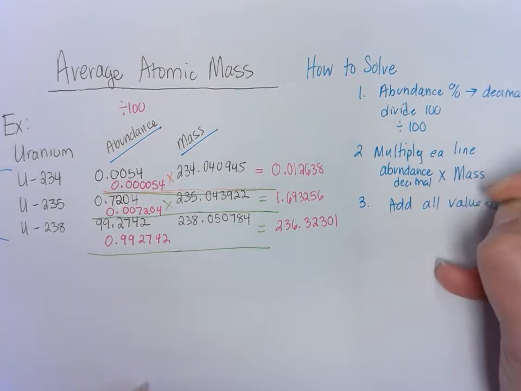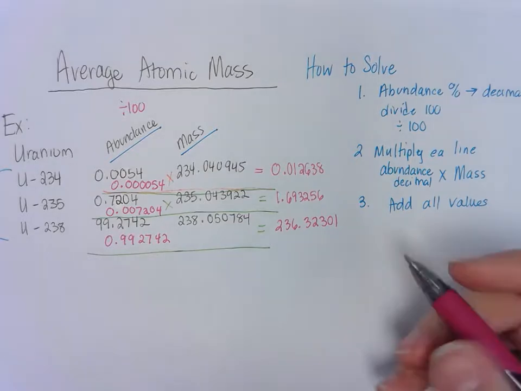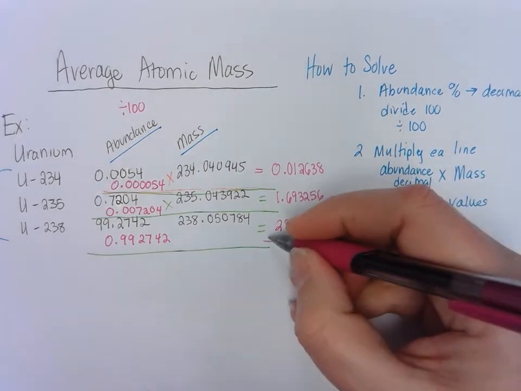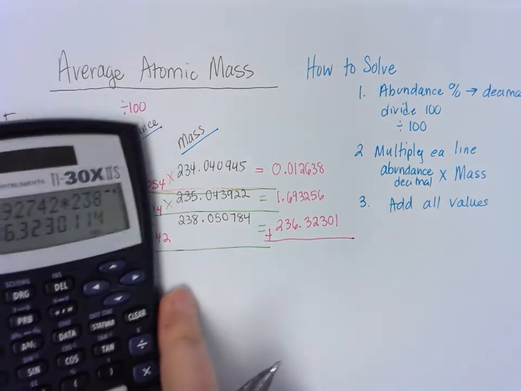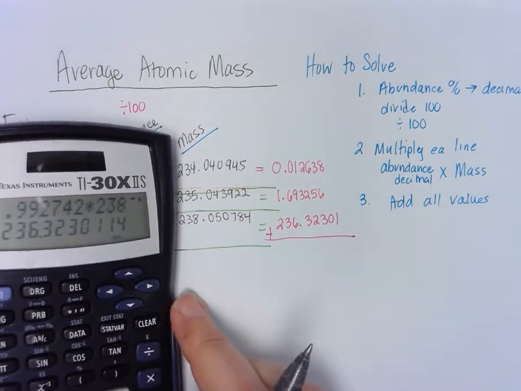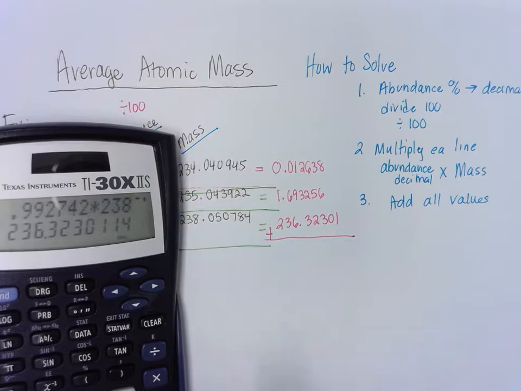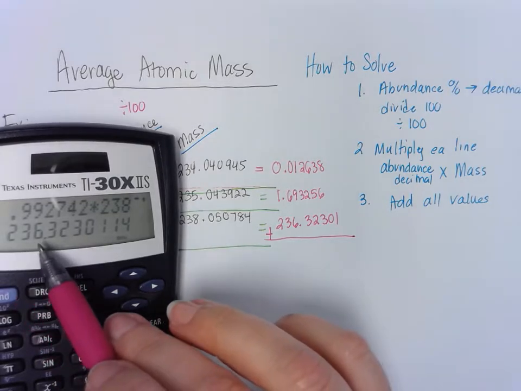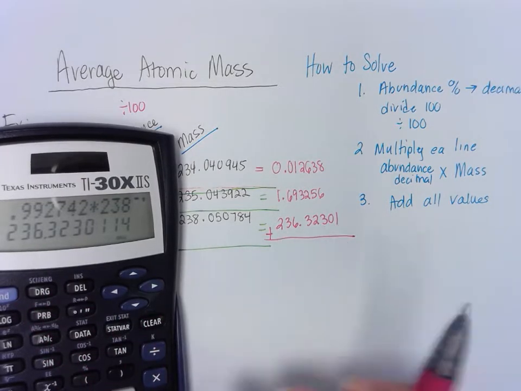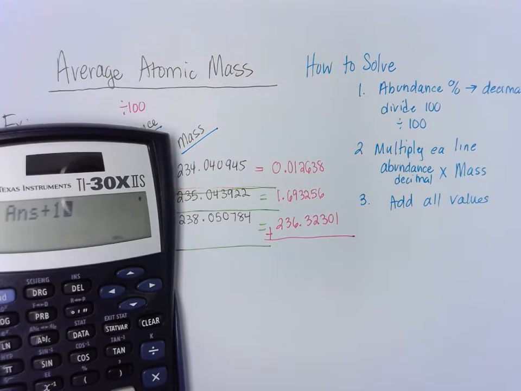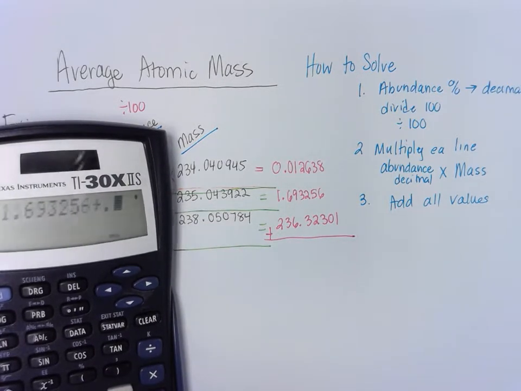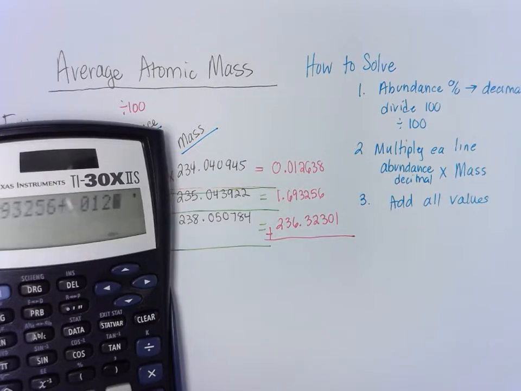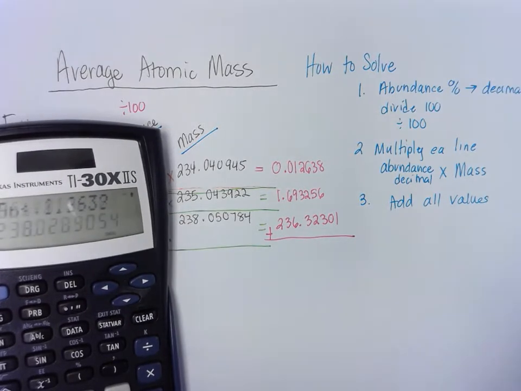values. Now this example has 3 isotopes. Some examples that you may encounter would have more than 3. Sometimes they have 2, sometimes they have a whole bunch more. Whatever it is, you're going to add all the values. So I happen to have the 236 point, my last answer here. I'm just going to add these other two numbers, 1.693256 and the 0.012638, and I'm going to get